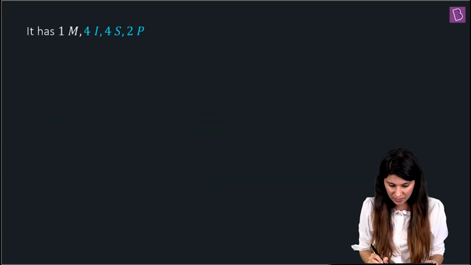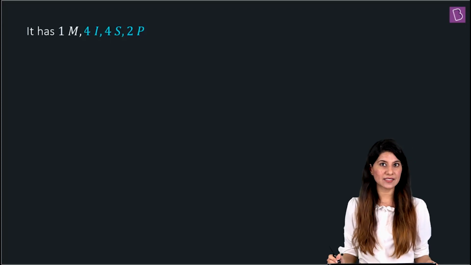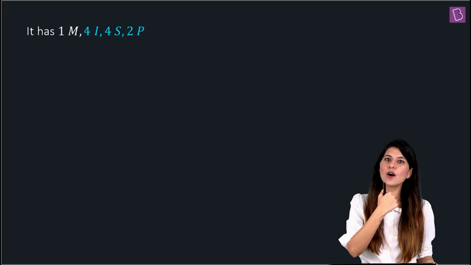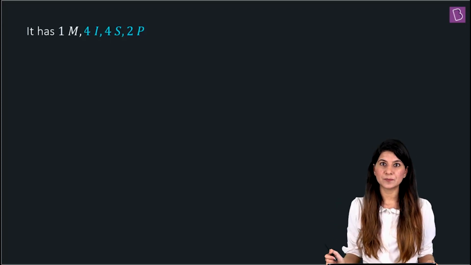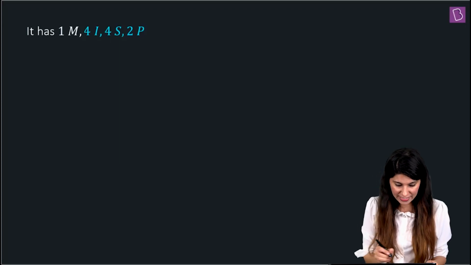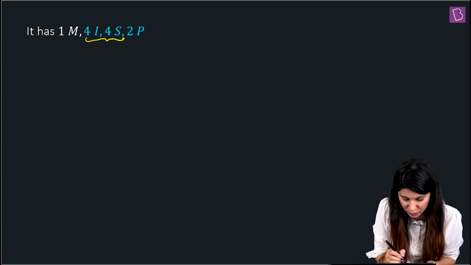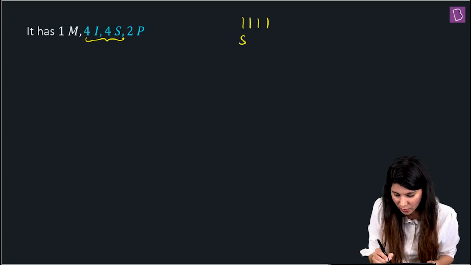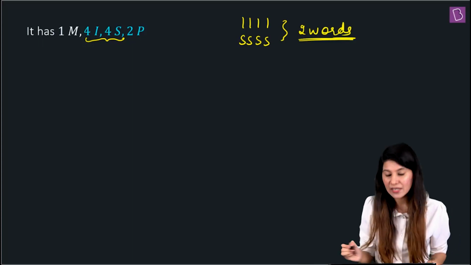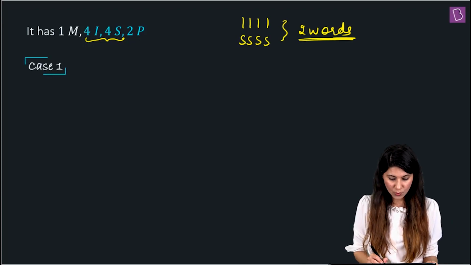So, let's write Mississippi as 1M, 4I, 4S, 2P, and the cases we need to make systematically, as already discussed. So the very first case is, let's take all four letters alike. If I take all four letters alike, that means I have only two choices, either I or S. These are the two words I'll form when I think about all four letters being alike. So let's write it down properly.